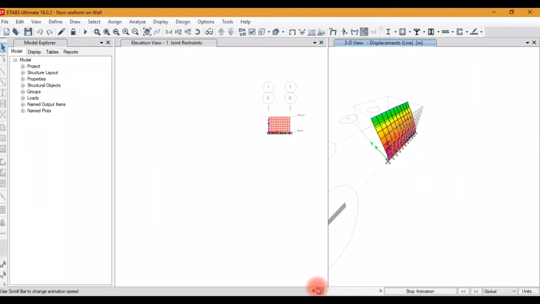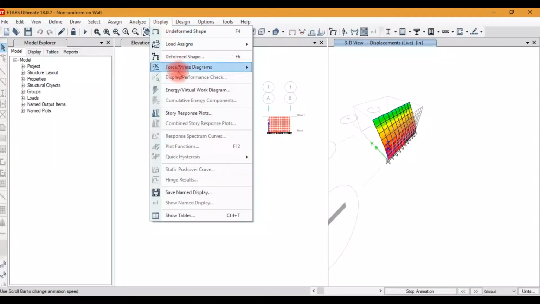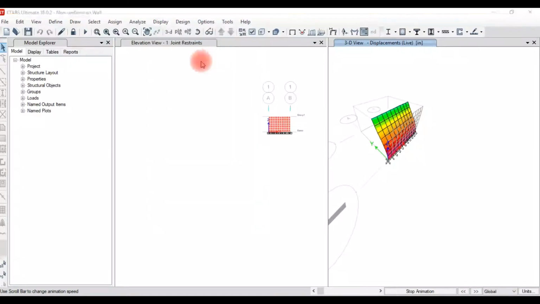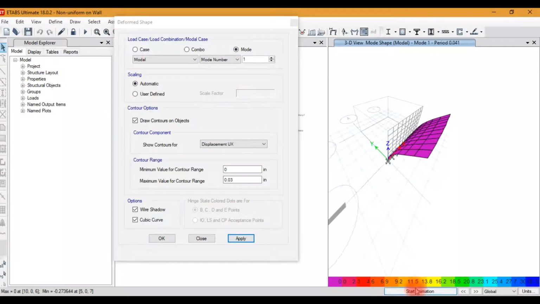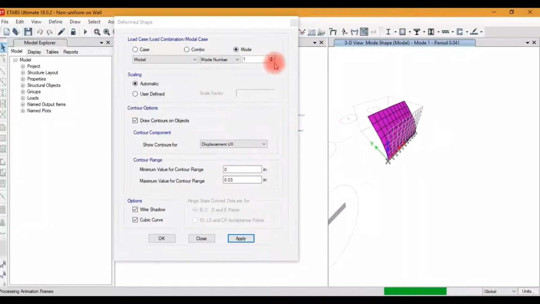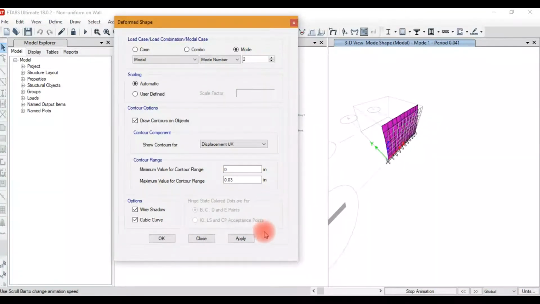You can slow the speed. You can toggle the load cases, and you can also show the mode shape. You can change the mode number.